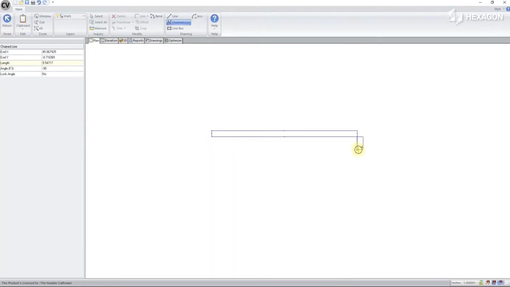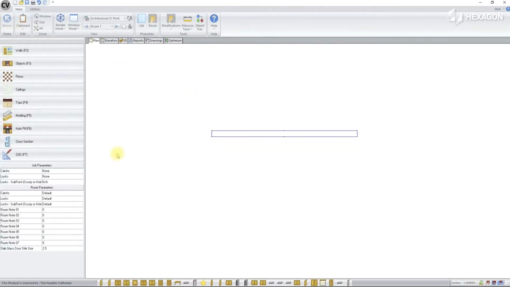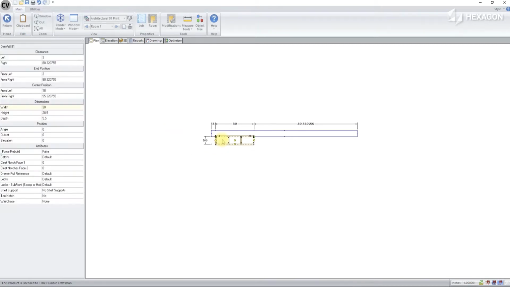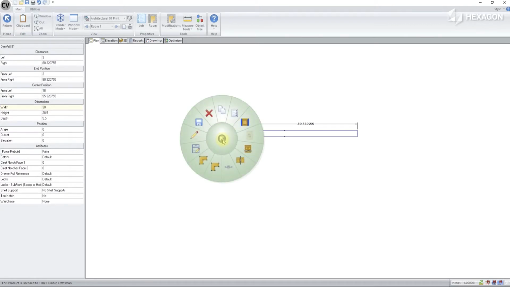All the catalog items have to attach to a wall, so we'll put one in, and then from our favorites bar we'll grab our Diewall object, which we have placed there from the Legend catalog. We'll create a simple curved Diewall for this exercise, so we'll right-click on the cabinet itself and then click Edit